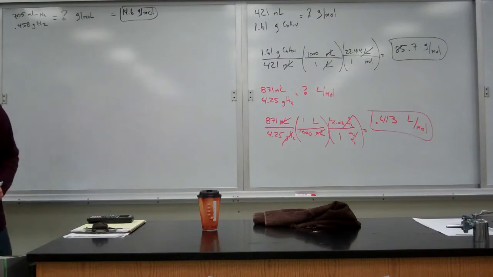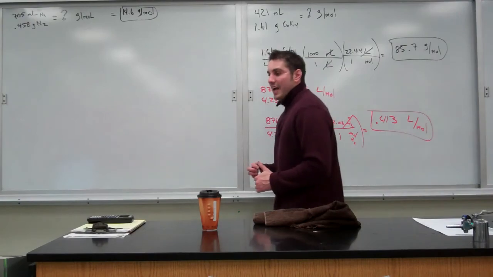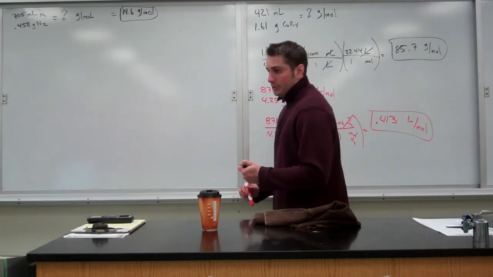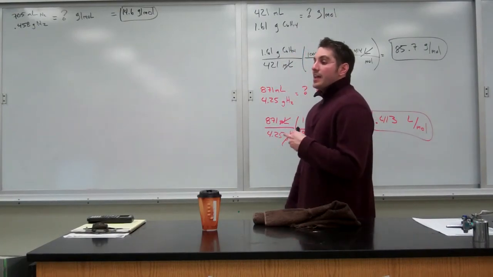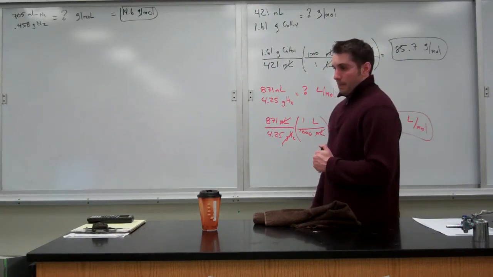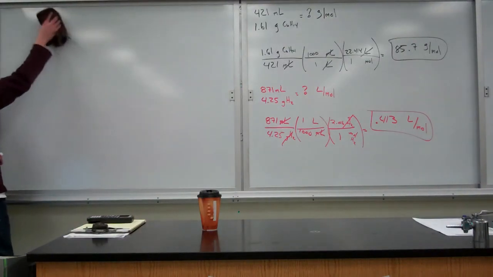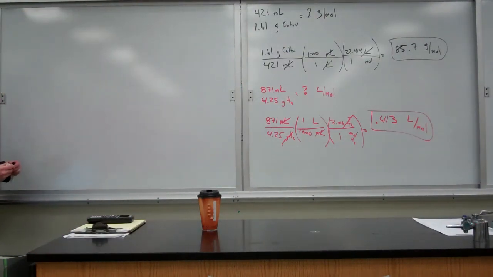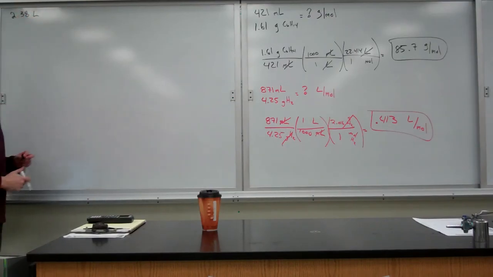Last but not least, number 9. Number 9 says, what is the identity of a diatomic gas, X2, that takes up 2.38 liters of space and has a mass of 4.03 grams at STP? Set it up the same way we always have. What do I know? What am I trying to find? What I know is that I've got 2.38 liters of the gas, and that